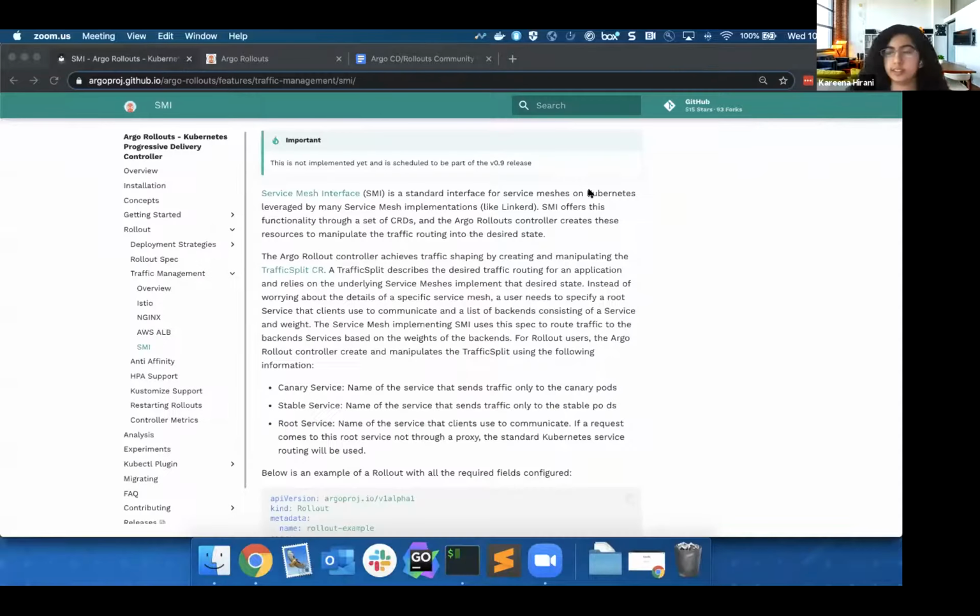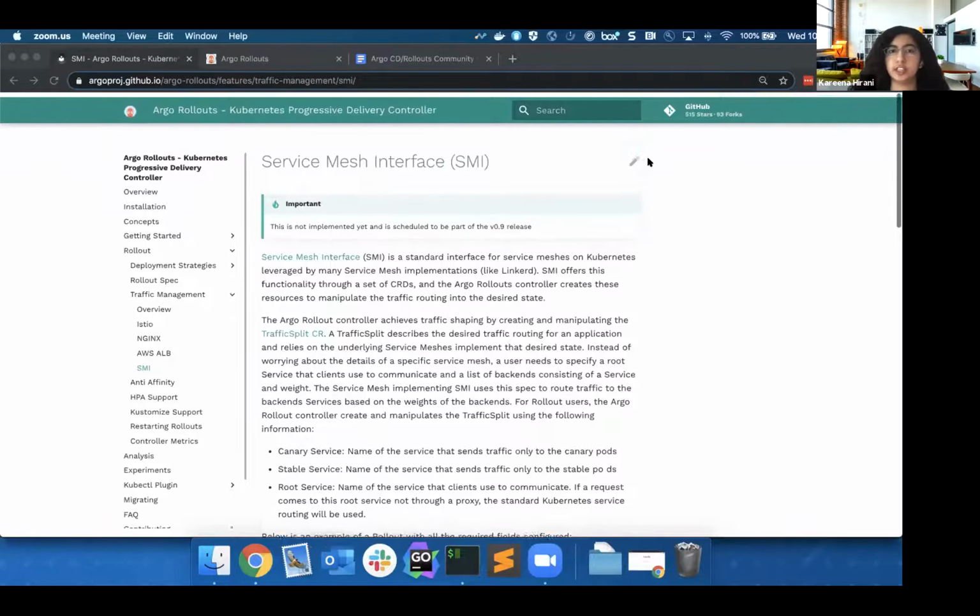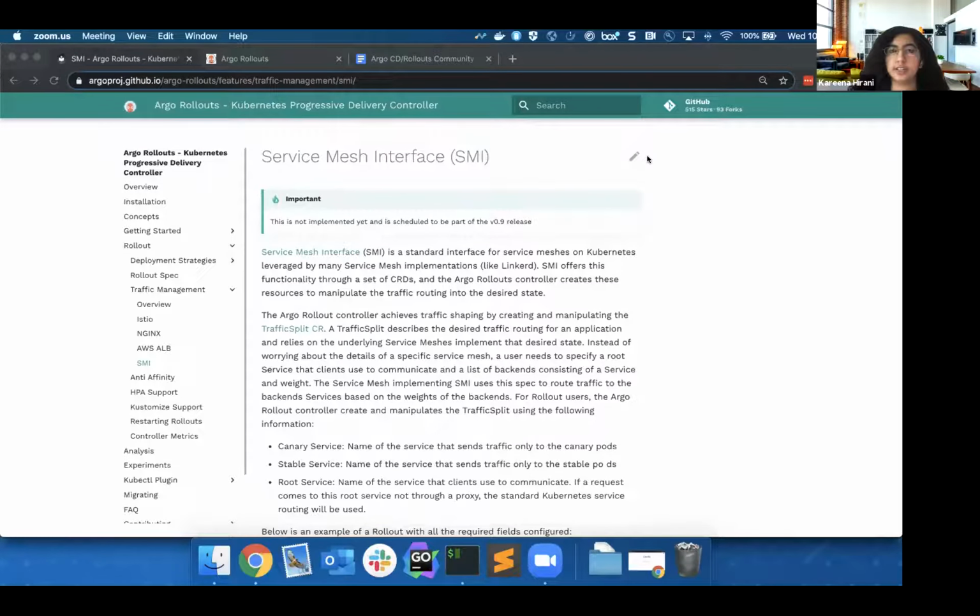Yeah, I'm good to go. Let me just share my screen. Yeah, hi everyone. I'm Karina. I am a software engineer on the Argo Rollouts team, and today I'll be discussing the SMI feature that I created for Argo Rollouts. So some background in Argo Rollouts: without any traffic management tools, when we performed a canary